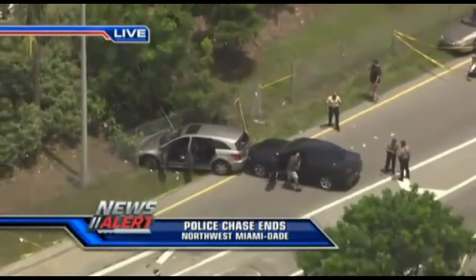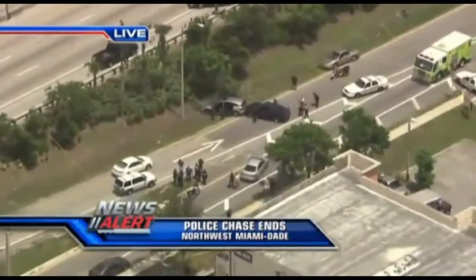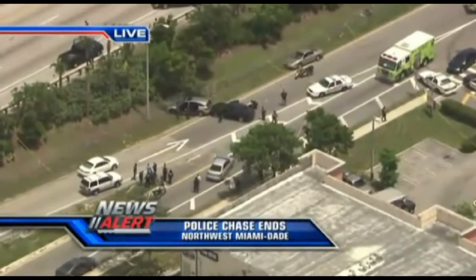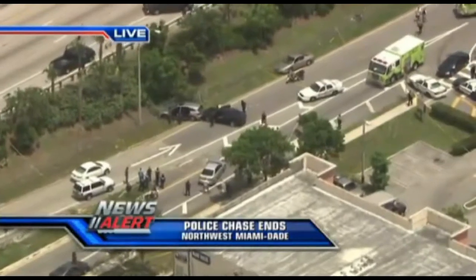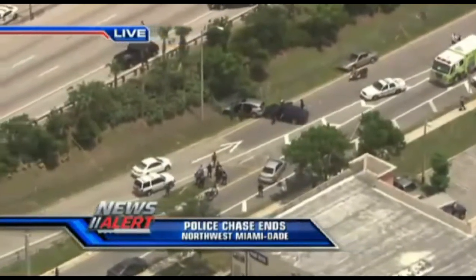of course a lot of the suits that work for the county and for the other agencies will have to come out here, and especially if shots were fired, it's unknown who fired the shots. So if it's a police-involved shooting or if police were shot at, either way, the investigation is going to take some time. So you can imagine that this area here, especially the area off of the Palmetto Expressway, is going to be tied up for some time, because it's now a crime scene, and there's a distinct possibility that